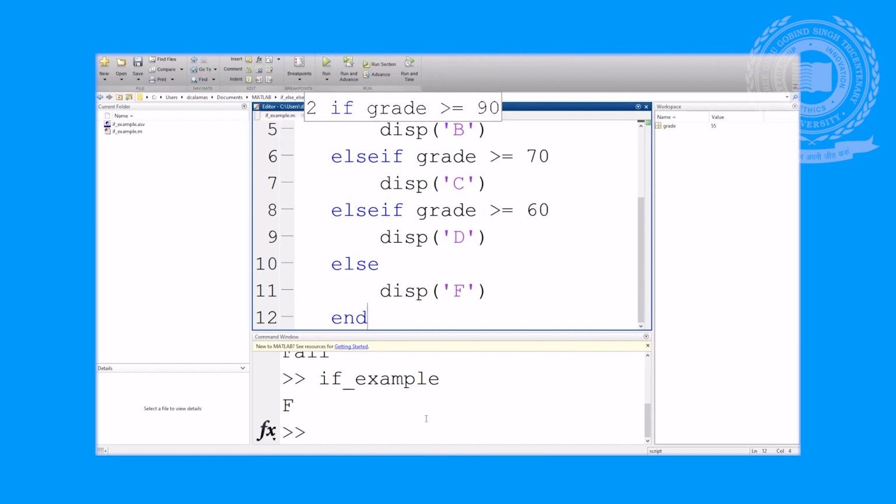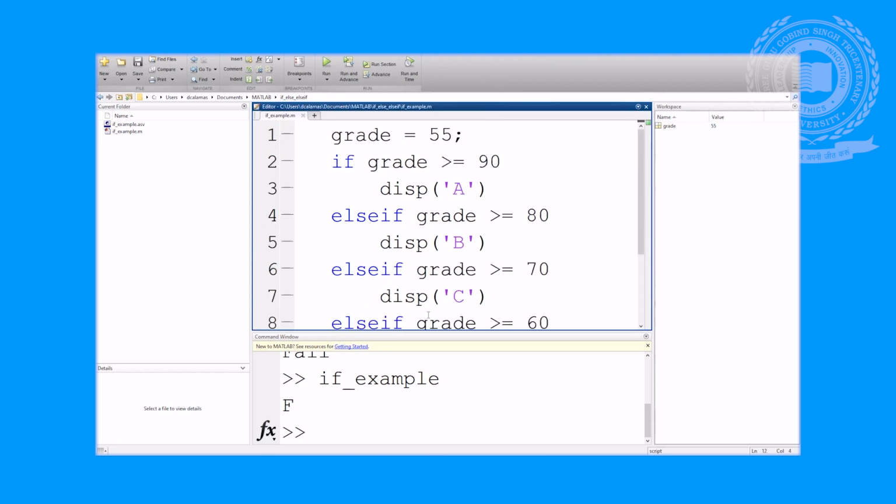This is because the numeric grade that we entered at the beginning of the program was 55, and so that is less than 60, our last logical expression. And so yes, that did result in an F in the course. So let's change this input grade here. So let's say a 72 and run our program, and we see that okay, great, our program appears to be running correctly because we have a C in the course.